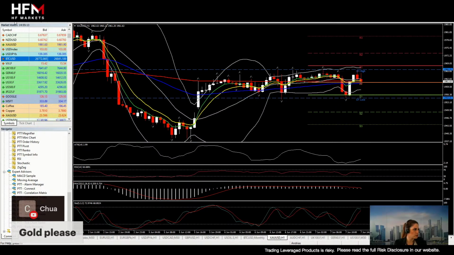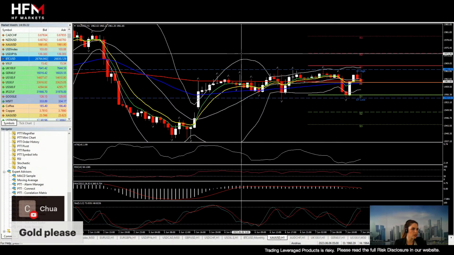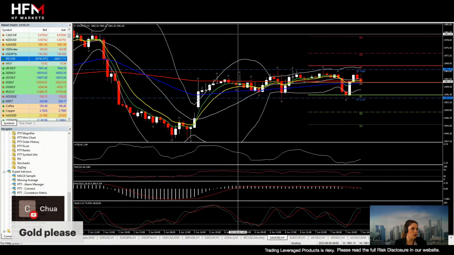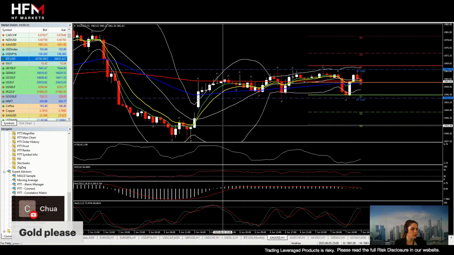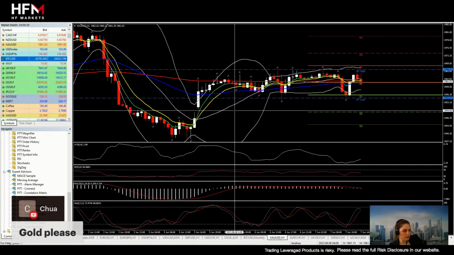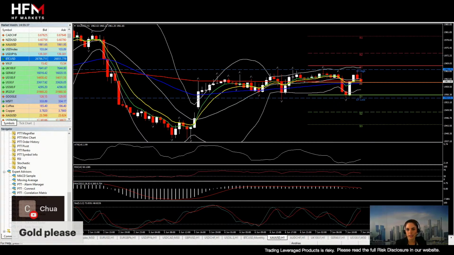This is the 1 hour chart for gold. A break of the first resistance of the day at 1968 could retest 1973 or even 1980, while a move below the bottom of the day at 1950 could open the doors to 1940 or even 1938. So next, but yeah, intraday, another ranging market.